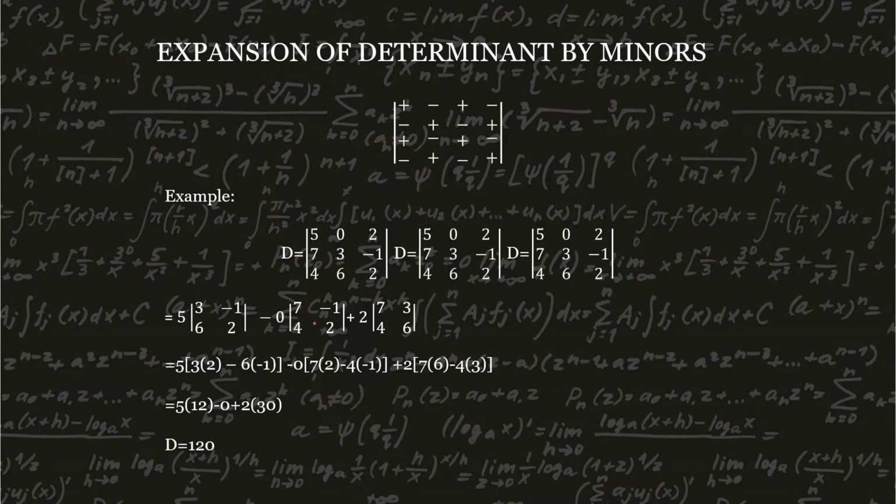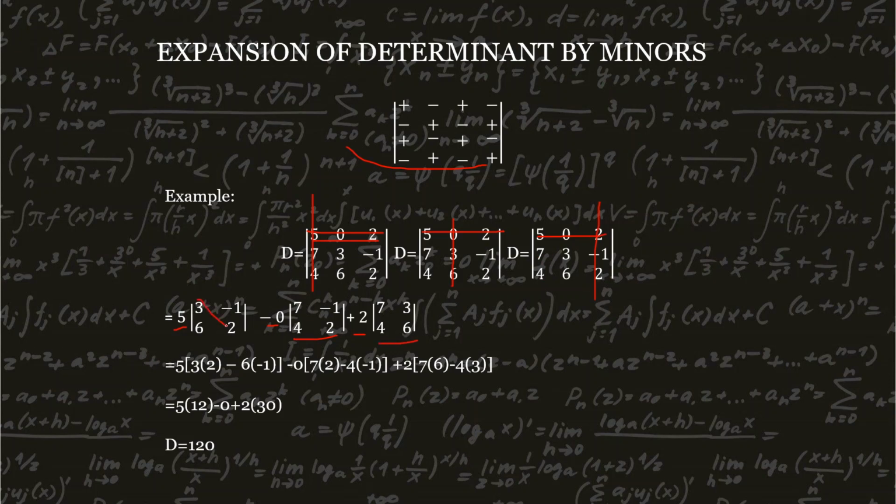Let's have an example. For this example, let's say we're going to expand row 1. So we'll be listing, following along with the golden rule of signs, 5, -0, +2. First 5, we eliminate its row and its column, following the rule of minors. In this way, we are left with 3, -1, 6, 2. Next, 0. We eliminate its row and its column. We are left with 7, -1, 4, 2, just this one. Next is 2. We eliminate its row and its column, and we are left with 7, 3, 4, 6, which is